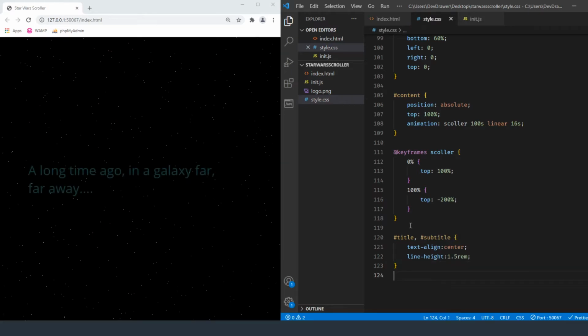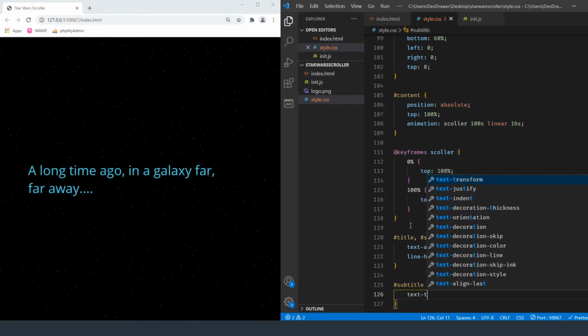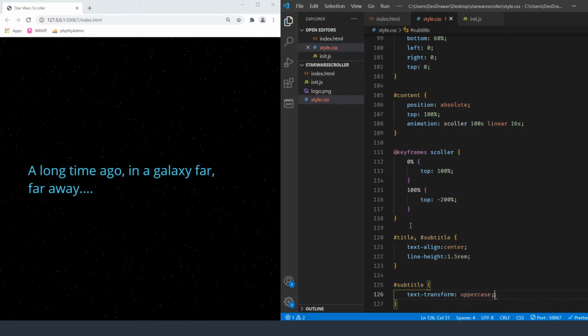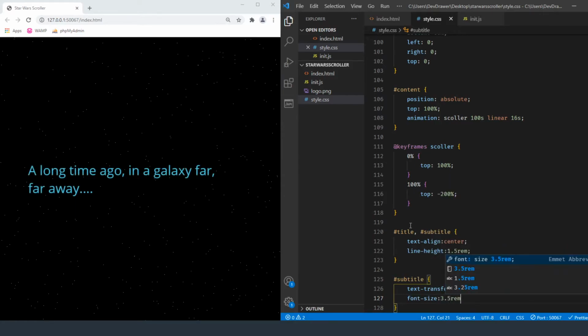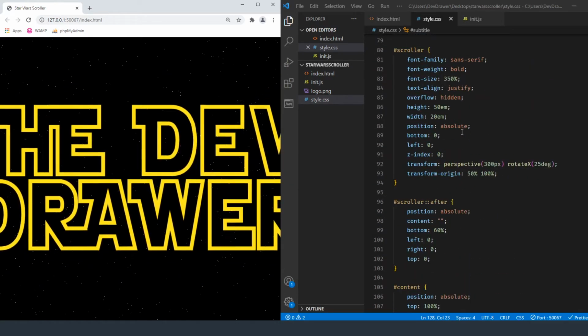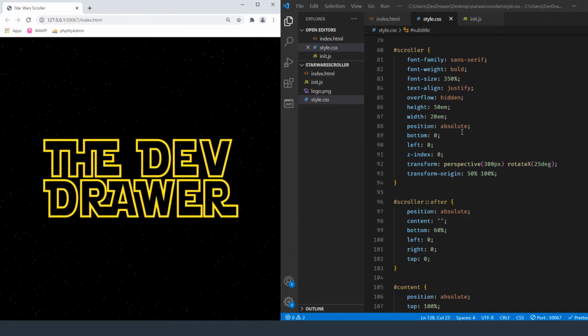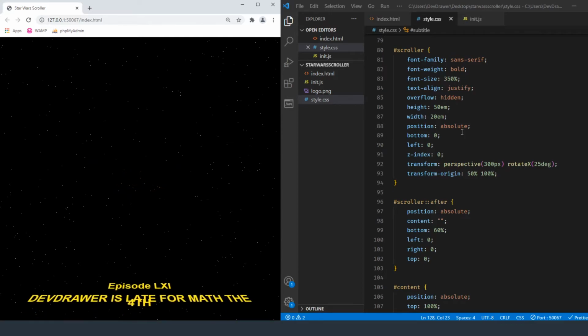And then for the subtitle, the words are capitalized, so we're going to do text transform, and then it's going to be uppercase, and they're also a different font size, so we're going to do font size, and I think it's 3.5 rem. And now if we watch this from the beginning, we should be able to kind of see some of the transitions and hopefully it will be centered. If not, I might have to add that 250 that I had up here. So as soon as this kind of fades out, we should have something that pops up right there.